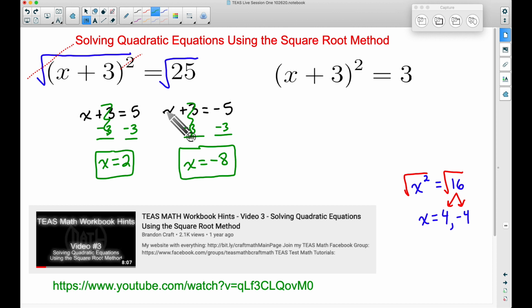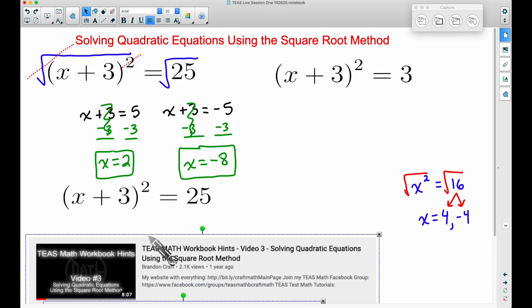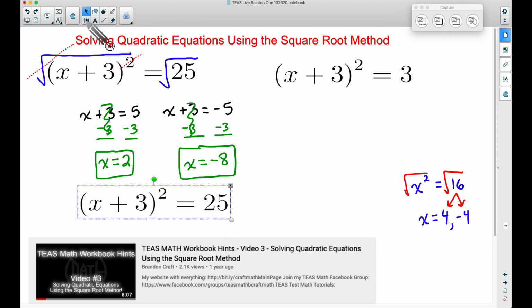Now, let's put the brakes on. Let's talk about this a little bit more. I want to make sure you understand this. Check it out. If we go back to our original problem, this was our original problem before we did any work whatsoever. If we take this answer and we check our work, replace this x with a 2, and let's work it out. 2 plus 3 gives you 5, and then when you square 5, check it out, you do get 25. Therefore, 2 is a valid answer.